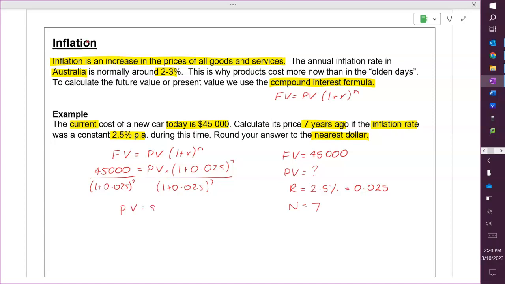So if we work that out, we get 37,856.94, but I want this to the nearest dollar. So because after my decimal point I have a 9, that's going to round up. So we get